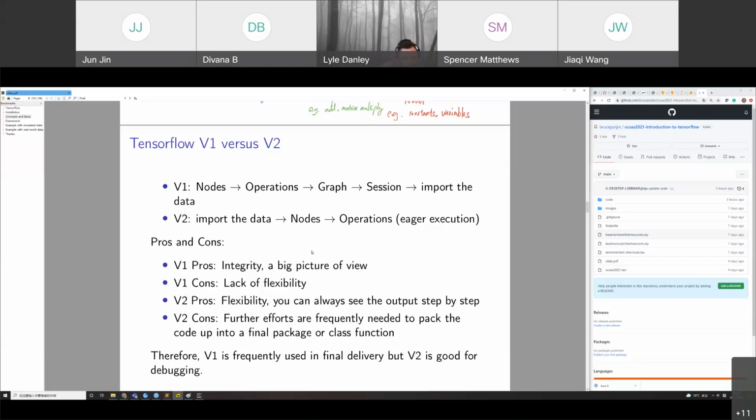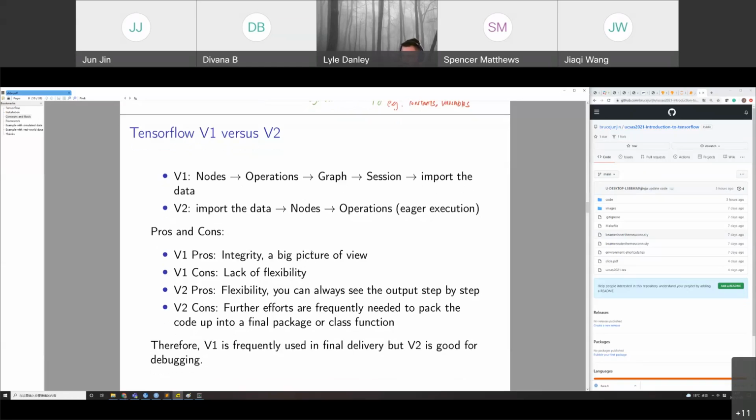So V1 and V2 have their own pros and cons. V1 is good at integrity, but loses at flexibility. Well, V2, version 2, is the opposite. So version 1 is frequently used in the final delivery, but version 2 is good at debugging when you make some error. So in today's workshop, we are focusing on TensorFlow V1, but I have to mention that